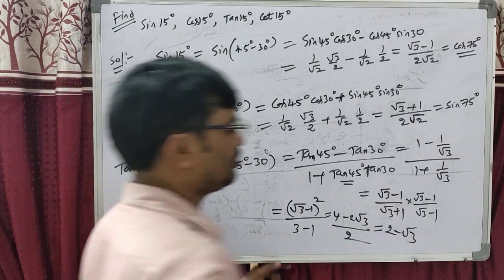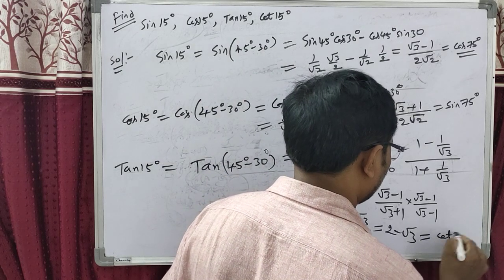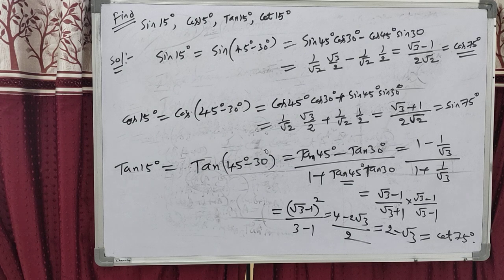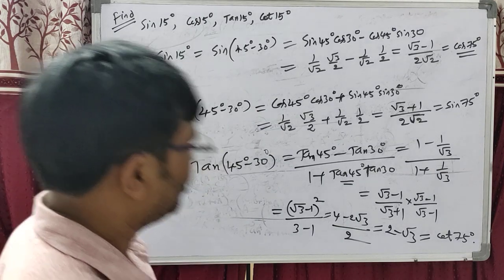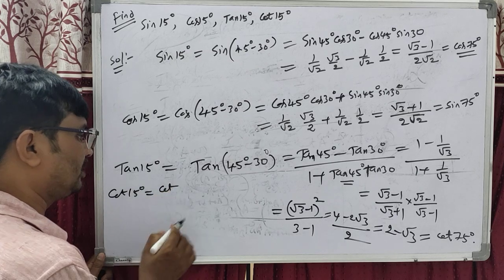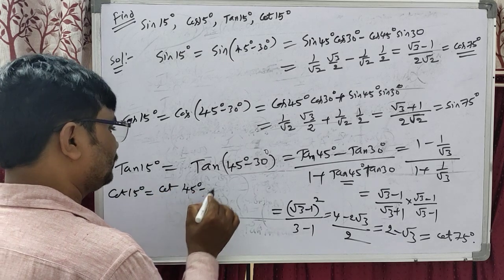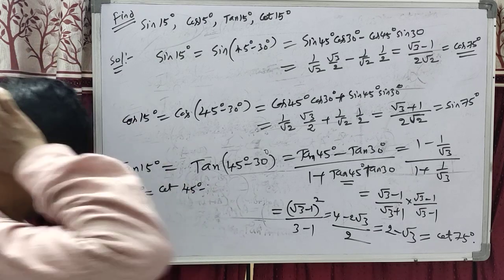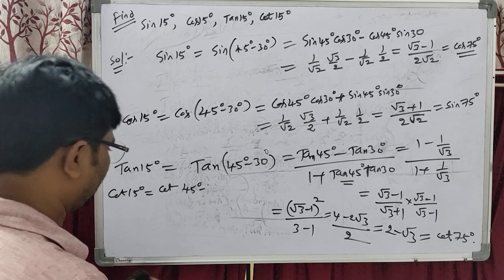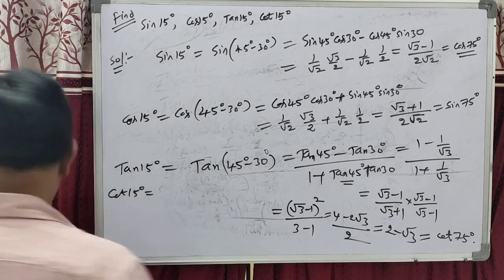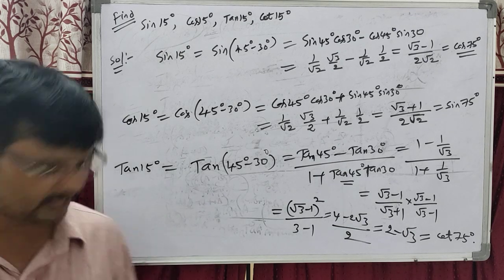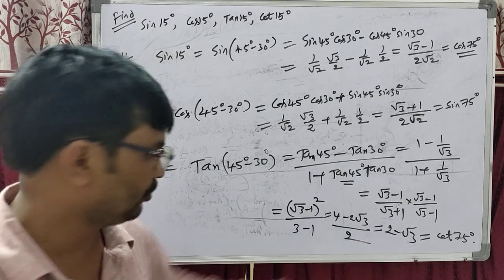The tan 15 equals, dear students, cot of 75. This will be equal to cot 75. Okay students, now we have to find the cot 15 degrees. We can write cot of 45 minus... dear students, don't take the formula. We have another shortcut method. We know how to find the cot 15. Just write, students, we get 2 plus root 3. How to get this one?